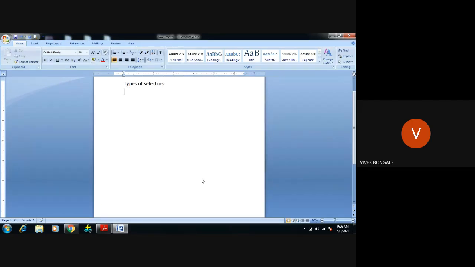Only one property, that is background color equal to red. I want to apply it for other selectors also. For example, now I'm doing it for H1. I want to apply the same property for P, another selector. I want to apply the same property for table row, table head, right? How to do that?